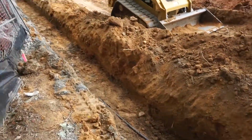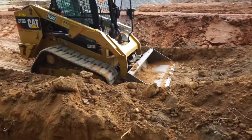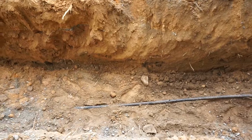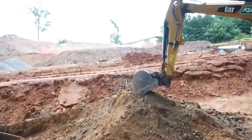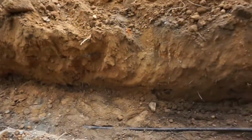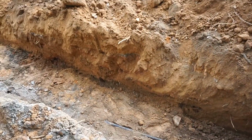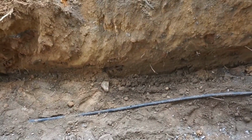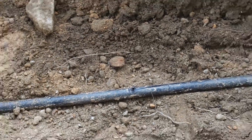So, we were digging along, everything was going fine. We were finally making headway, and then this popped up, which is an electrical line. They had moved it, and it had been over here somewhere, and they had moved it. Problem is, they never marked it, so we hit it. It's a small nick right in here. Right there, you can see a bit of wire,